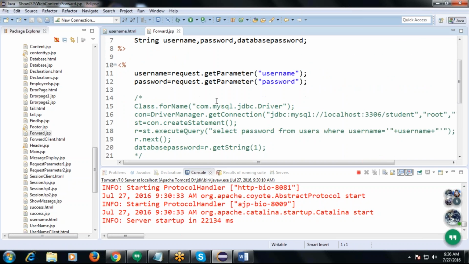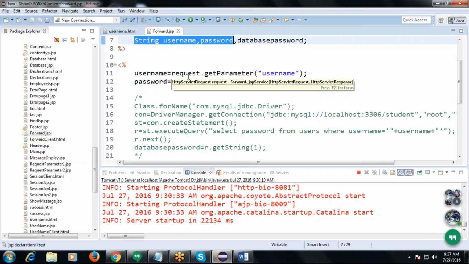Now in this JSP, the values are taken from the request object and assigned into two different variables, username and password. These two variables we declared already in the declaration section.